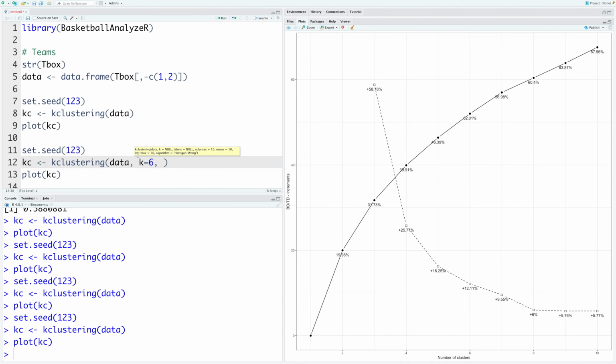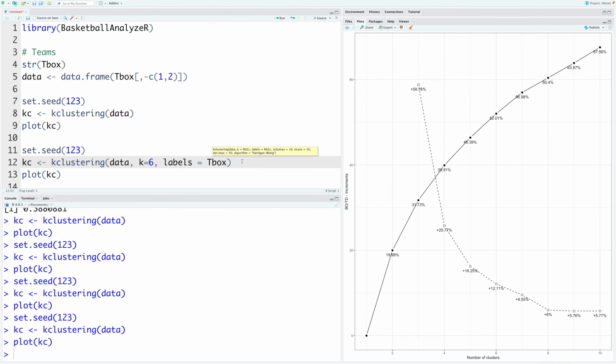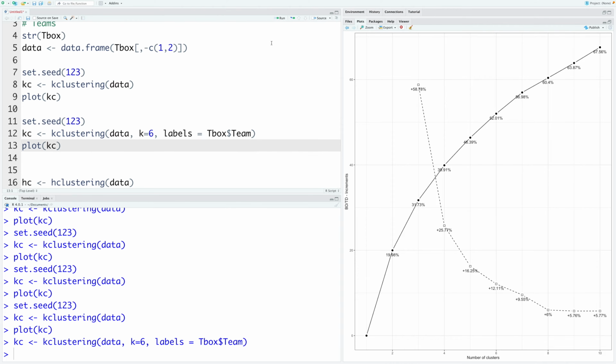And let's also use labels for the groupings. So in our team box data, we are going to specify this first column called team. So we can run this. So it will quickly do k-means clustering. And then for plotting, I'm also going to say profiles as true.